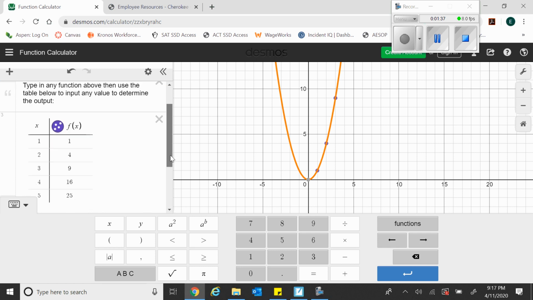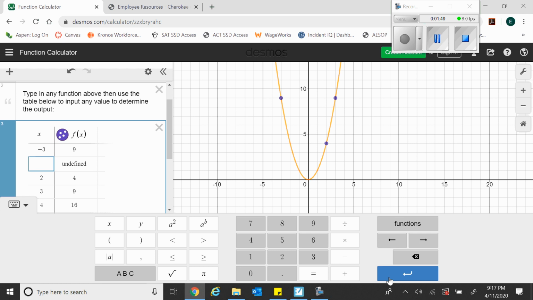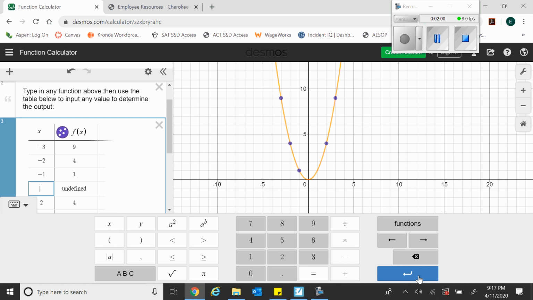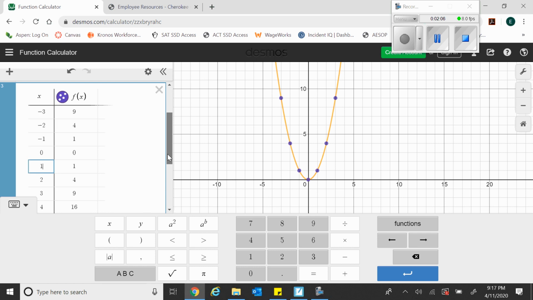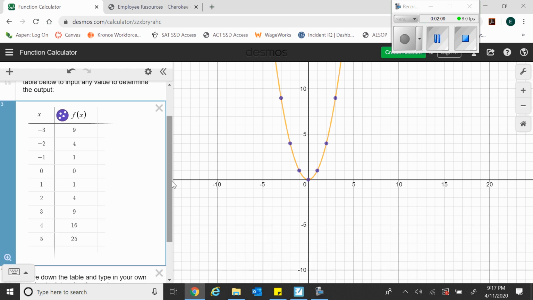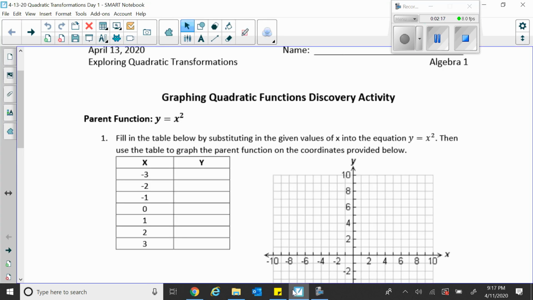So first of all, the table, I think, started at -3 and went to +3. So I'm going to make this a -3. And then the next one was a -2. And then a -1. And then a 0. And then a 1. And a 2 and a 3. Okay. So -3 is at 9. So I'm going to fill that in on my table. -3 is at